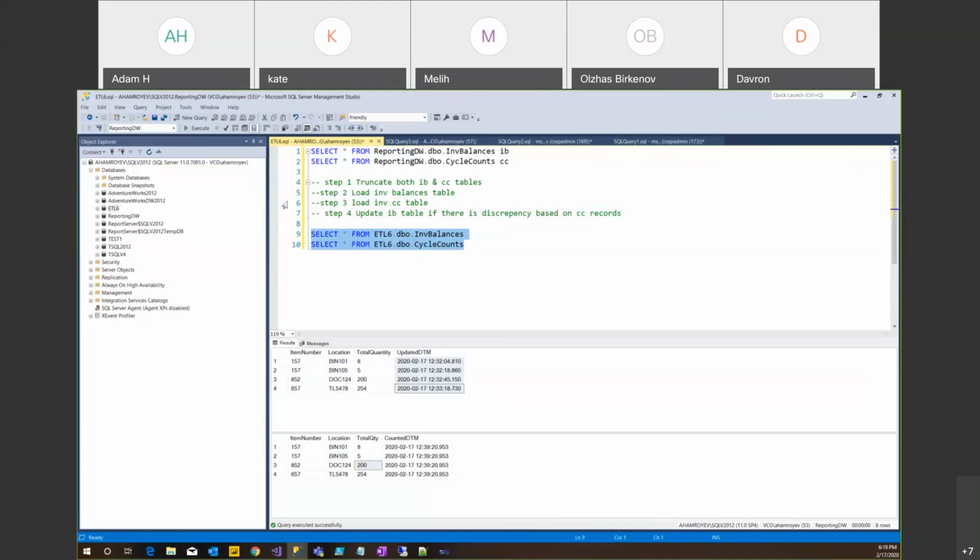So if the CC table says, okay, I gave you guys the SQL script test. If you run it, you will actually see this table. Here, when they did this cycle count, they saw 157 item number at this location. We have 60 of them, not 5. So what happened is delivery people brought this, the receiving department received the item and put it onto